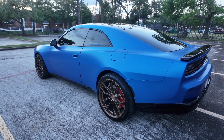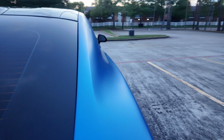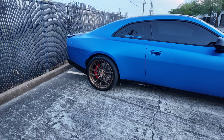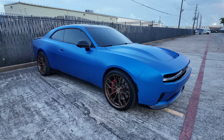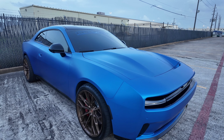Every vehicle can be a tool and has a purpose. You're not gonna buy a Demon and go daily driving a Demon. Just like if you're getting a Scat Pack, you're not looking to go to the racetrack per se and run 7 seconds down the racetrack in its stock form on a quarter mile. Every car has a purpose, but for a daily driver, this is a balanced car in its stock form. And definitely when you juice it up, Scat Pack Stage 2,